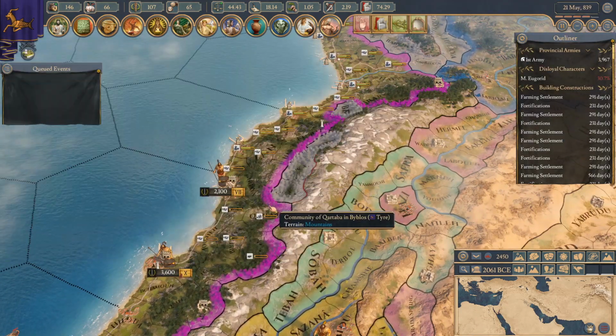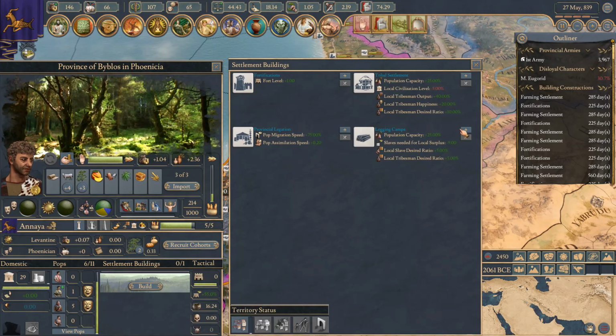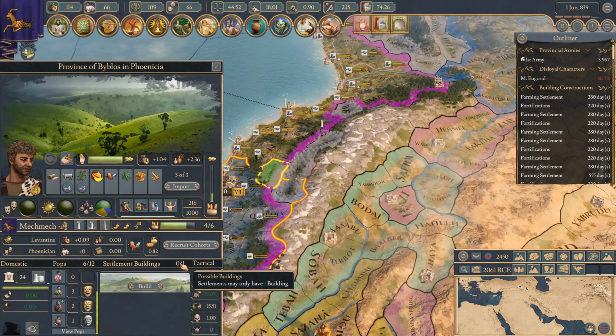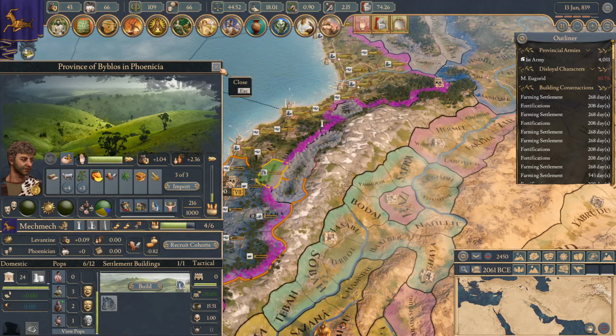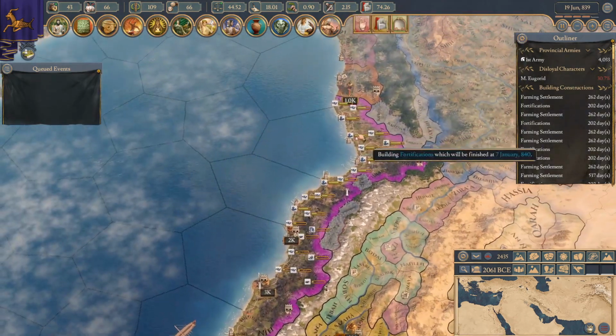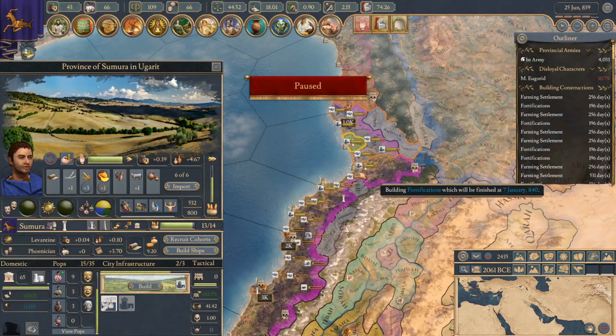Let's keep building. About here, go for a logging camp. Here we'll go for a mine. Definitely go for a mine on there. We know what we should do here as well. We should probably change the...